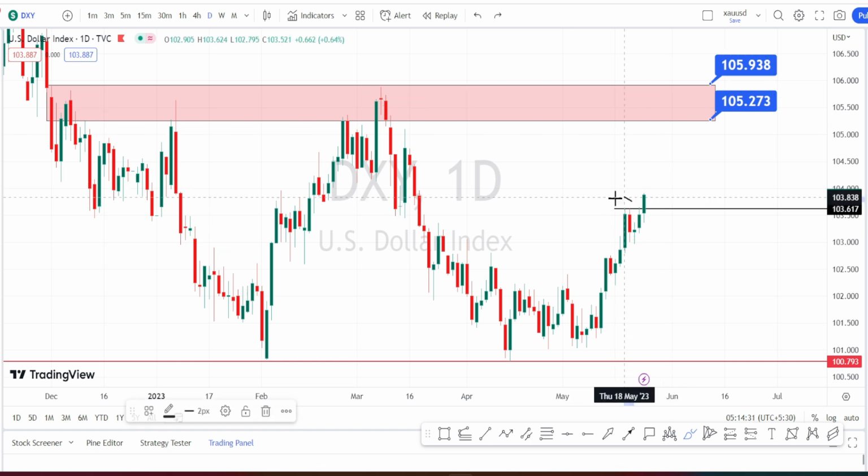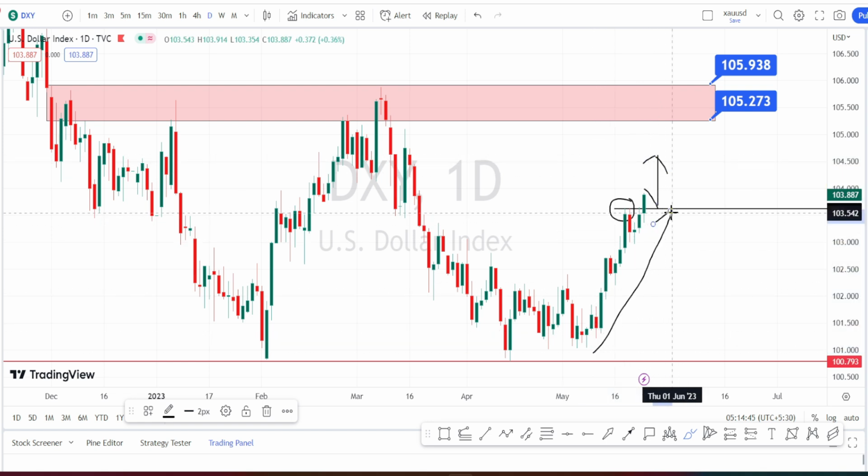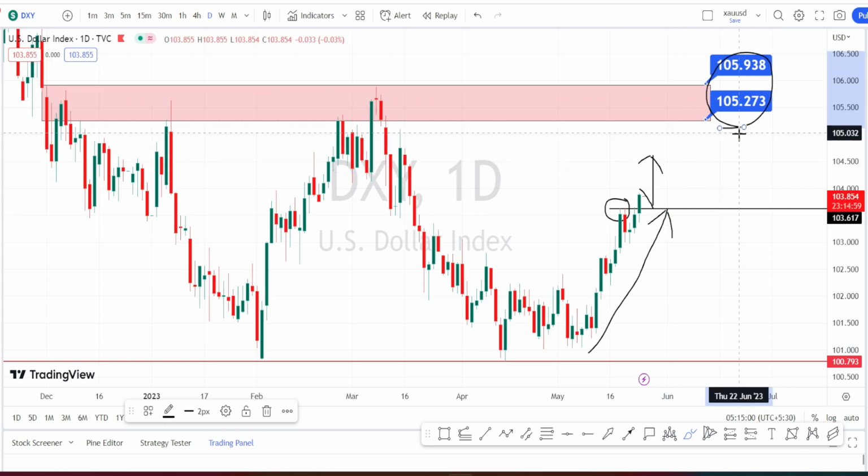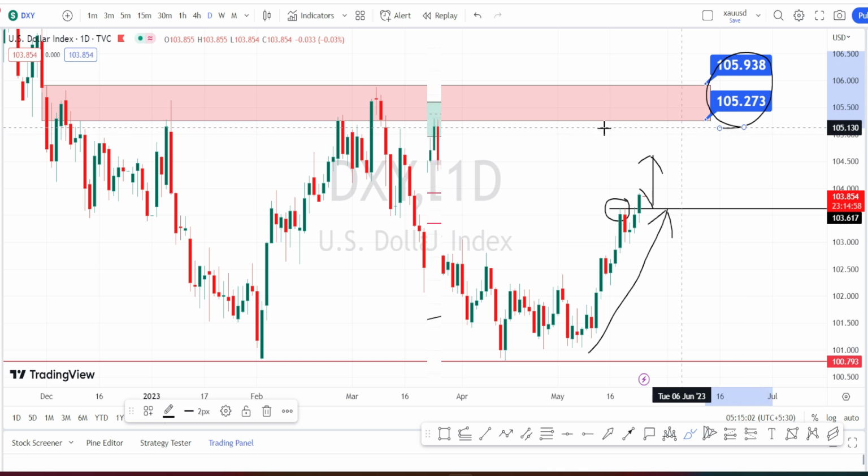So since the price action has given a breakout from this very strong resistance zone, we can expect a little bit of retracement and then to continue with bullish side retracements. So overall, when we look at the price action or the trend in the dollar index in daily time frame, it is in a bullish trend for now, and we can expect it to retest this resistance zone. Let us proceed with our gold analysis.